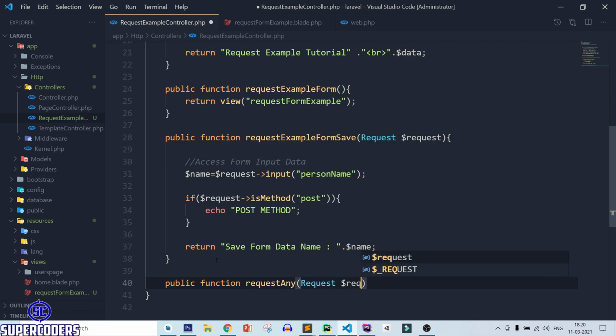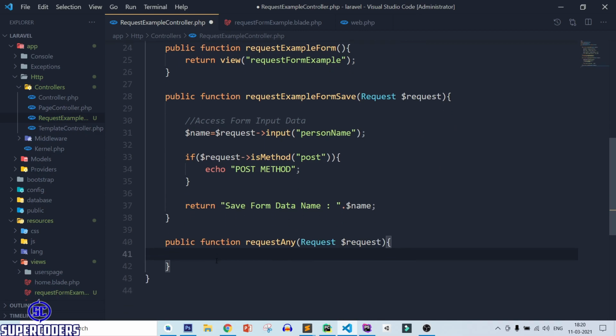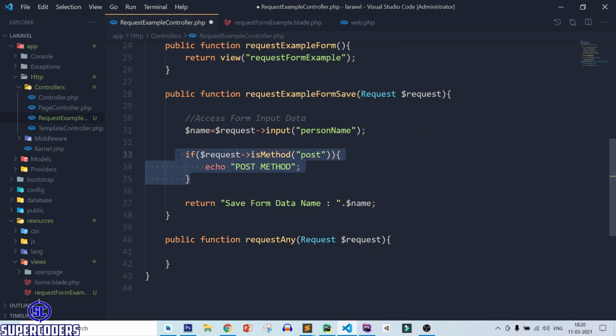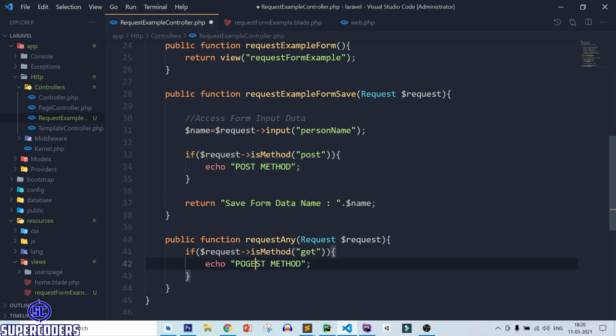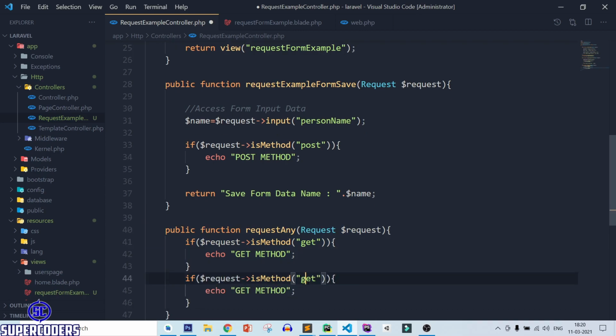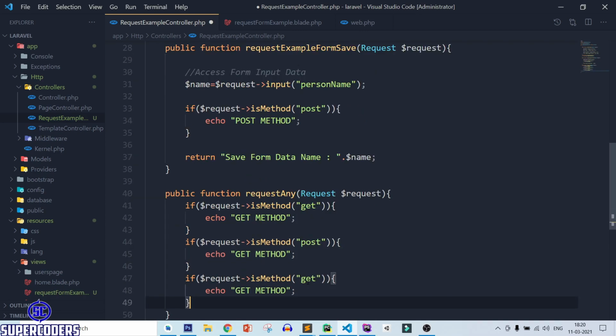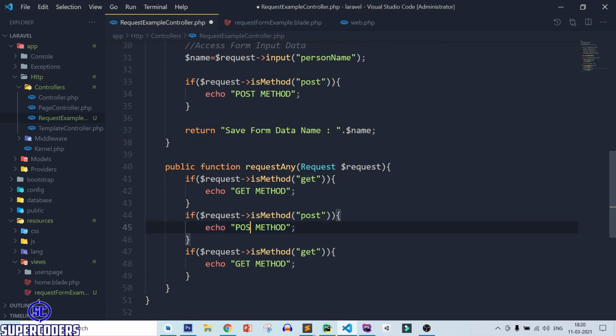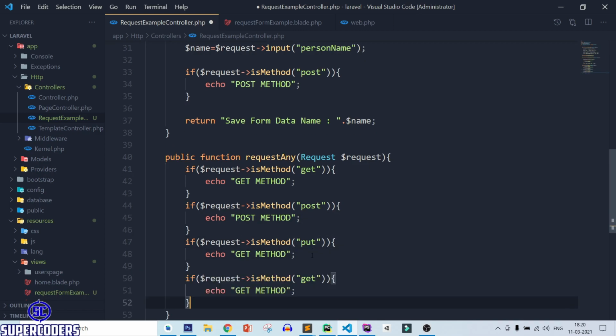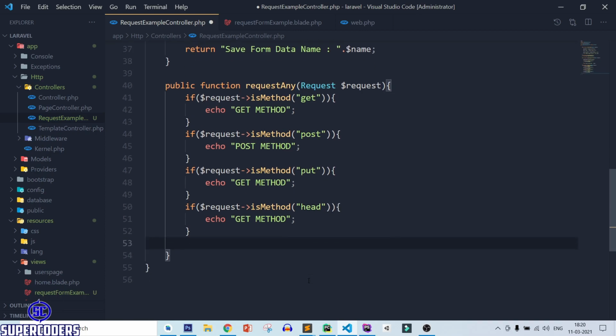request dollar request, and here same, copy the code, paste it, get method, post method, or put method, head method, and delete method.